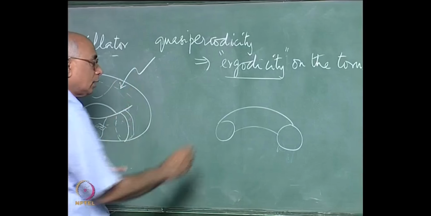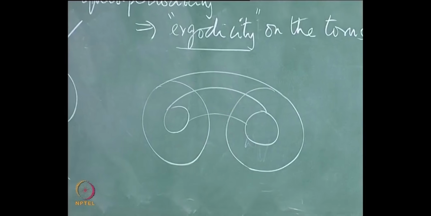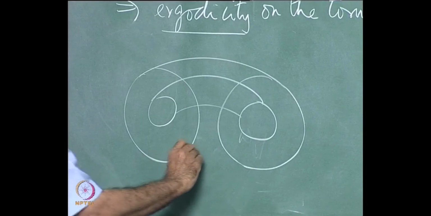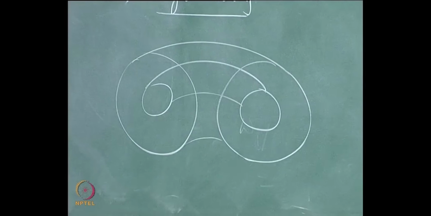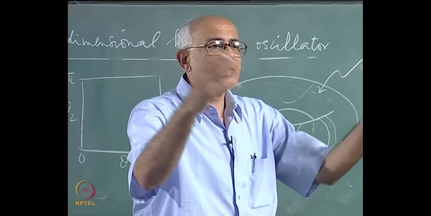A different initial condition would correspond to a different torus of this kind, it would be like that, for instance, schematically. So the whole space, the energy surface, is simply filled up by these successive nested tori,